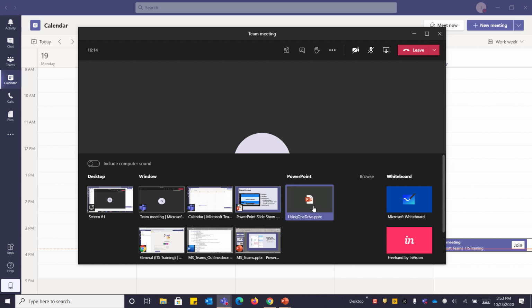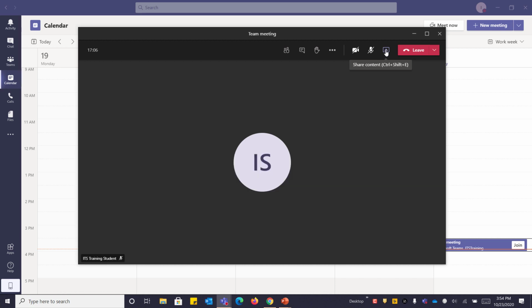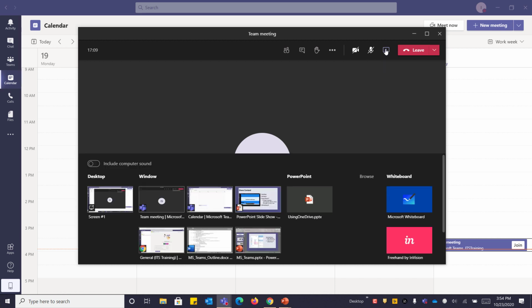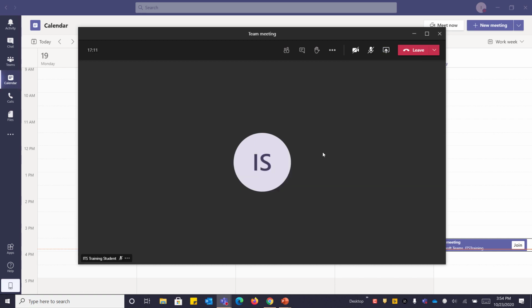You can certainly just launch the PowerPoint file manually onto your computer and then run through it the way you would like to run through it. You don't have to use the PowerPoint integration, but that is an option for you. When you're done sharing, you can close the sharing options or hide sharing options. So if you need to, you can share content. If you don't need to, you can turn it back off.